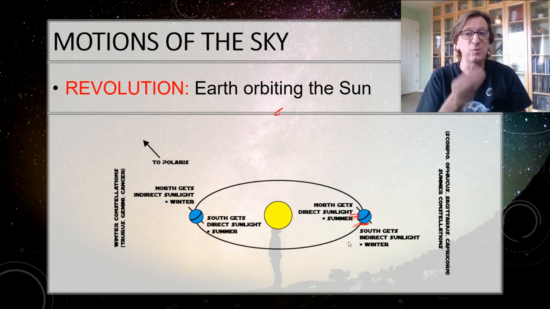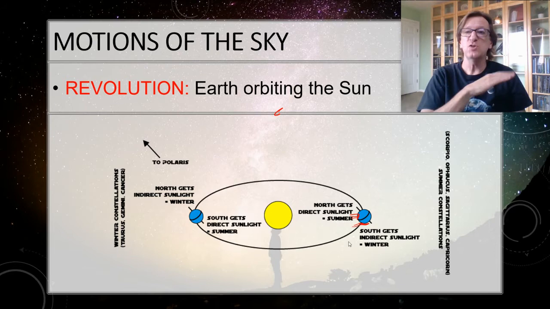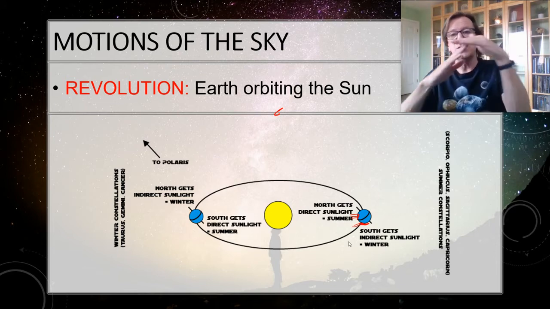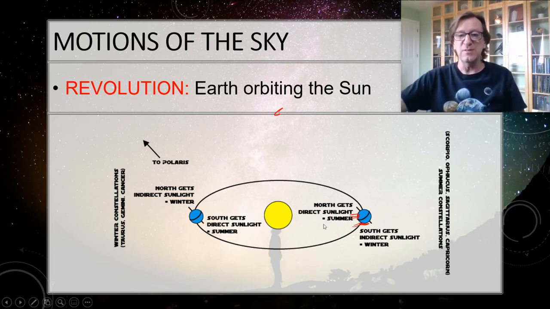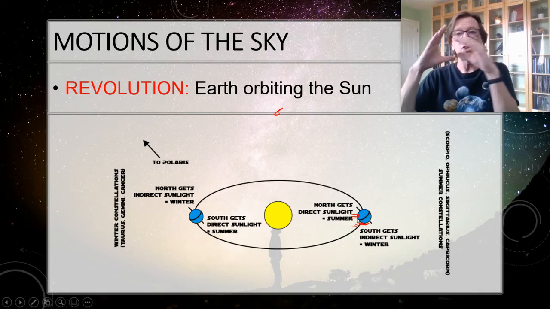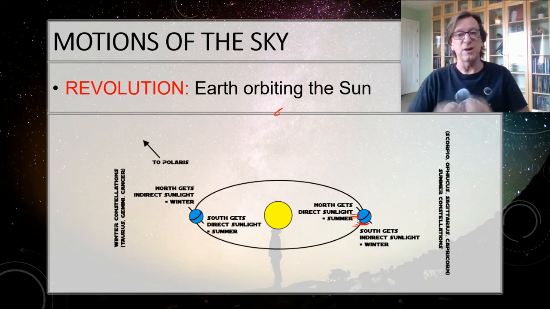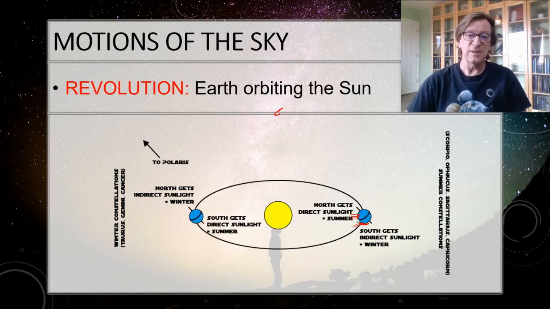Well, the reason the poles are always cold is because no matter what the season, that energy is still being spread out. Do you see that even up here at the North Pole, it's getting spread out a lot more? So that means that it's going to be cold no matter what the season. On the other hand, at the equator and in the tropics, you're almost always getting pretty close to direct sunlight all year round. And this is why it's always warm in the tropics. So it's that direct sunlight that's making the difference.